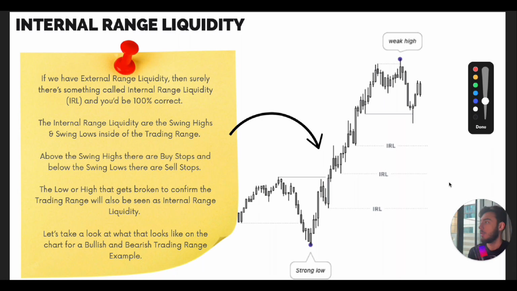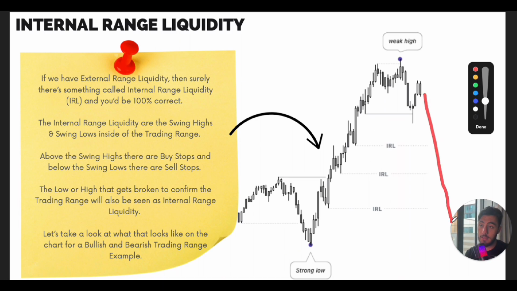No. Now, the next question is going to be, Ebel, which one is going to be taken out? We don't know which one of these internal range liquidity is going to be taken out, because we don't know how much amount or volume the market maker is going to put to drop the price and activate all the retail traders' orders and start to reverse it. But there is a formula that I'm going to teach you at the end of this lesson, so that you can understand which one of these internal liquidity is going to be taken 100%.